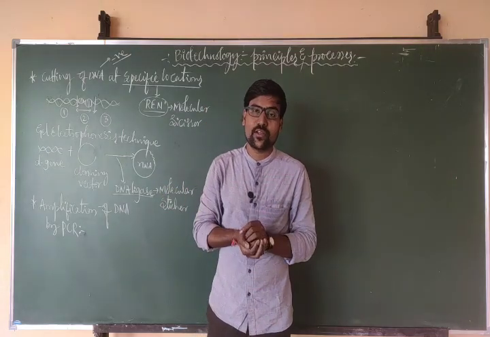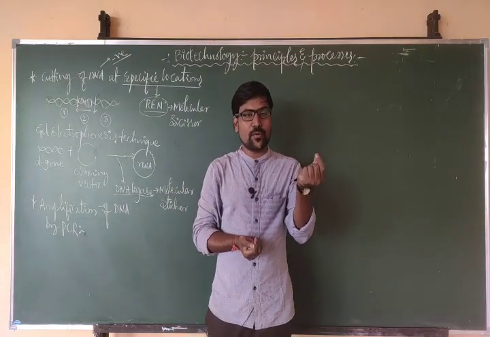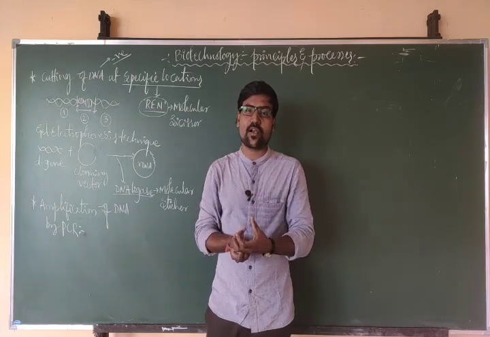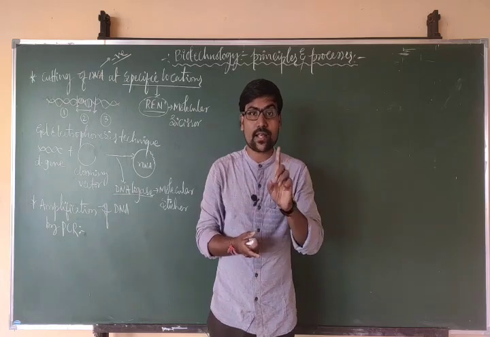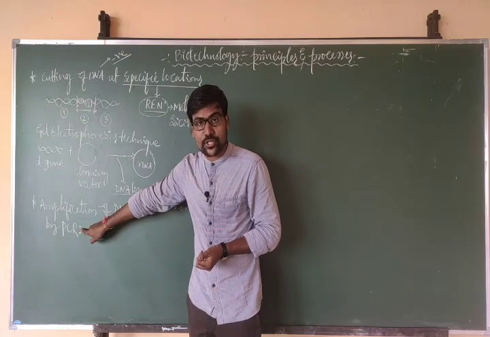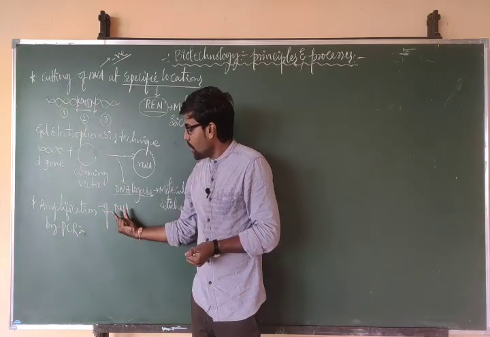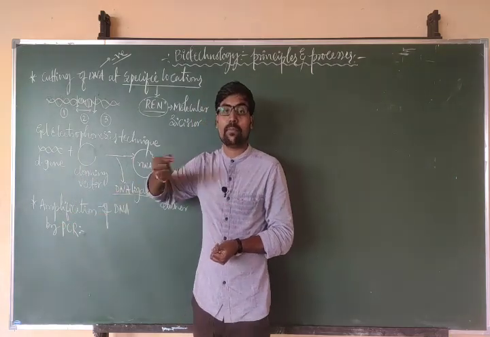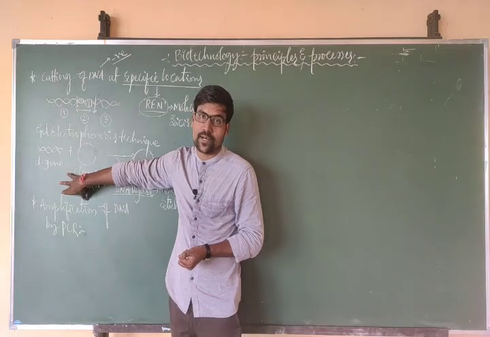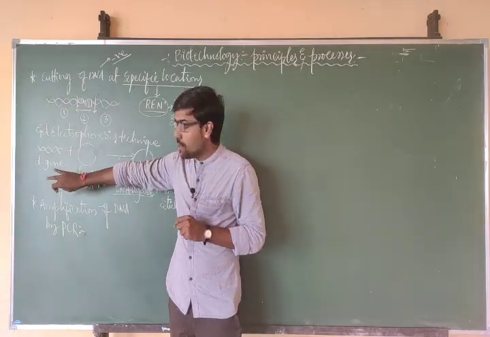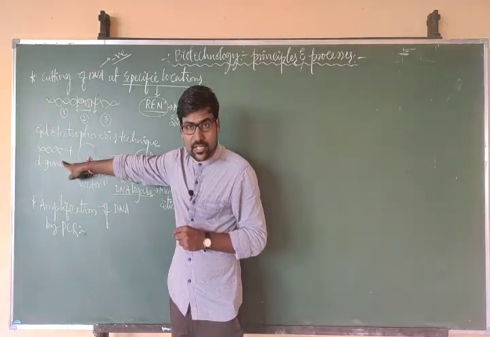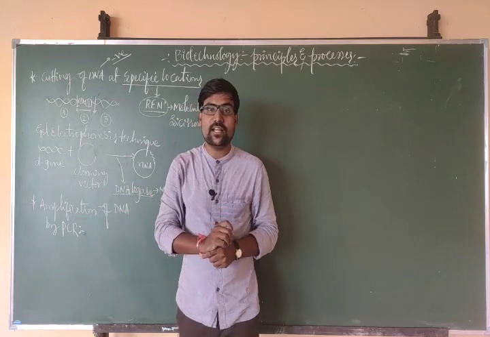Just like a Xerox machine, we will have one master copy. The master copy will be given to the Xerox machine, so the Xerox machine will Xerox the master copy and produce many copies, and all copies are identical, right? Here also we are using one PCR machine. By using the PCR machine, we are doubling the DNA or multiplying the DNA. Amplification means increasing the number, or multiplication. Multiplication of what? DNA. Which DNA? Our desired gene. By using what? PCR. The question will arise.